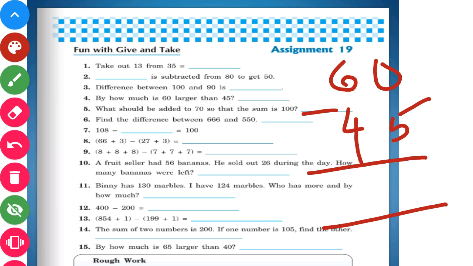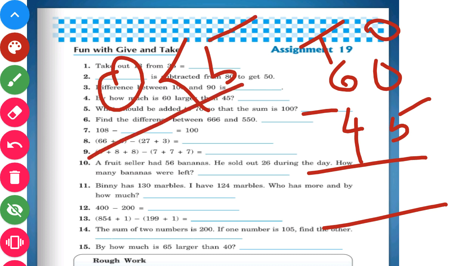We will start with ones place. Then we will move toward tens place. So starting with ones place, we are having 0 there at ones place. So we cannot subtract 5 from 0, can we? 0 is smaller than 5. So we cannot subtract.